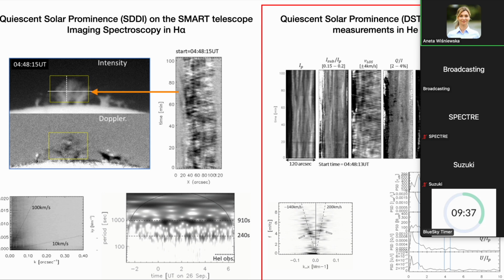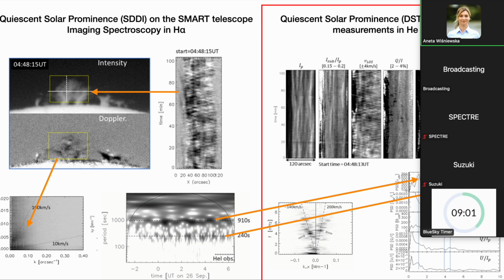These plots here are showing Fourier and wavelet analysis of the target prominence. And Ichimoto found, using a helium-1 slit measurement, dominant periods of about 910 and 240 seconds. And these results were also overplotted on the wavelet here. I don't know whether you see my mouse, but